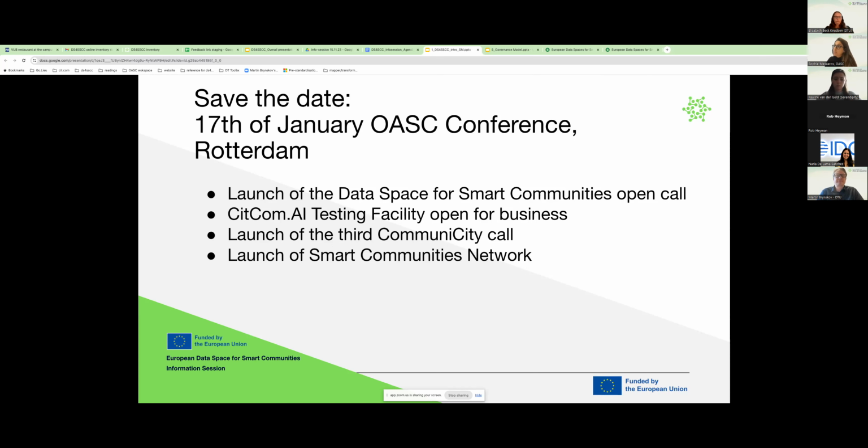But alongside this announcement, there are several others also happening: the Sitcom AI testing and experimentation facility will also be open for business. The launch of the third Community City Call, another project, is also happening there, and also the launch of the Smart Communities Network. Now it's maybe a lot of gibberish for you, but if you want to follow up on what these projects are, of course, please reach out to us.